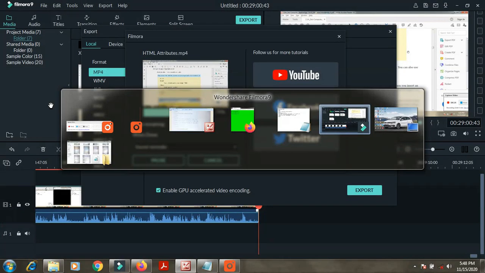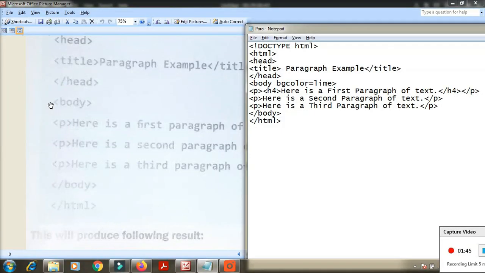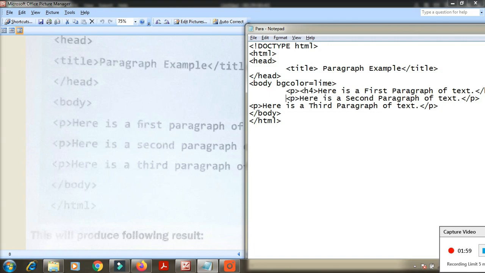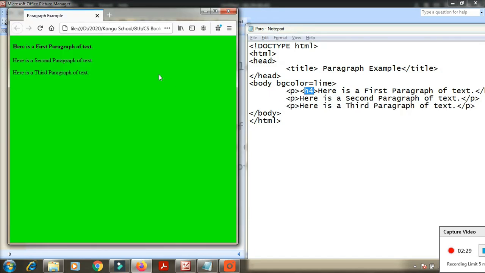Okay, for this program I did the coding. See the coding now. See, this is the program. Here I created the head tag and head tag close, and inside the head tag I created the title of the paragraph. Okay, this is the starting of the paragraph. Here is the first paragraph. Here I changed the background color, I gave lime, so the background color is changed to lime.